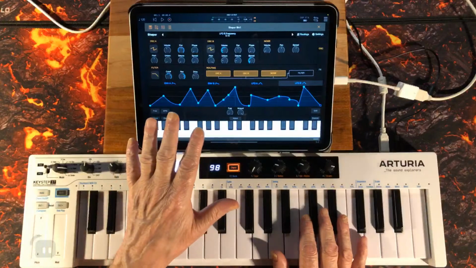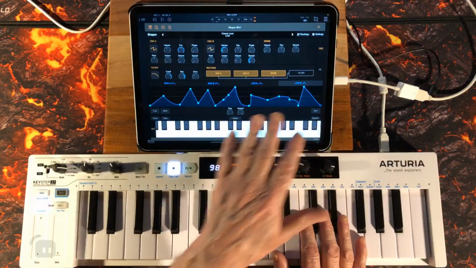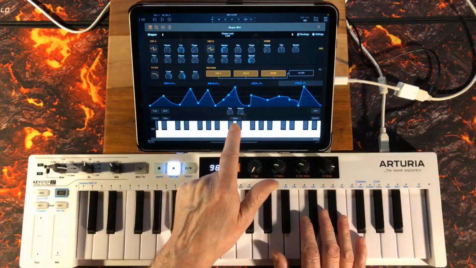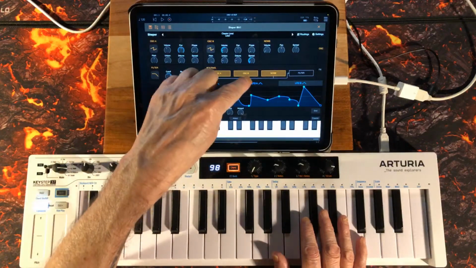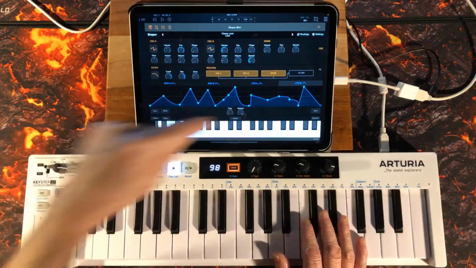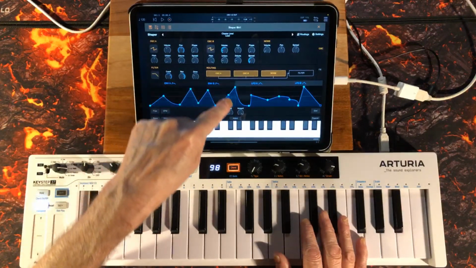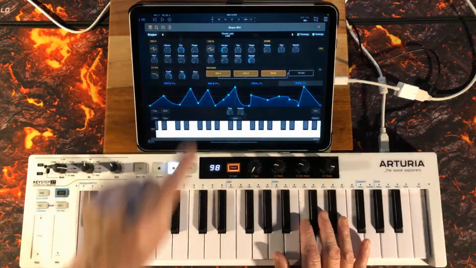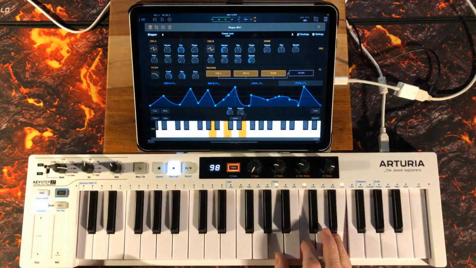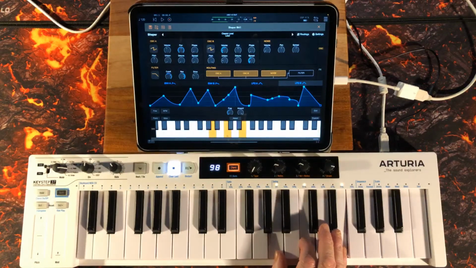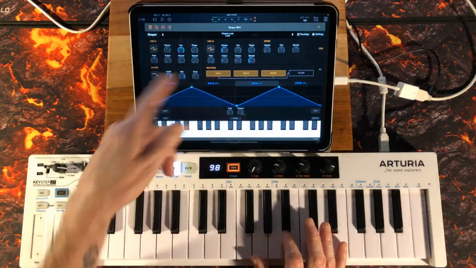You can also use the envelopes and the LFOs to modulate the envelopes and the LFOs controls. So if we used, say for instance, this to modulate the frequency of this, just hold on to that now and stick it on there, give it a big amount. Of course, and it's related to